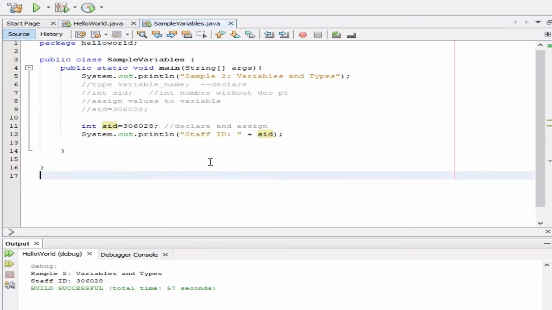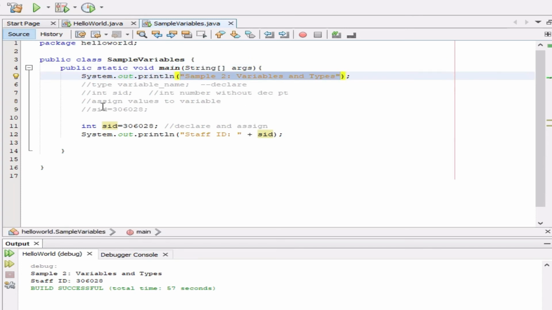So upon running or executing our program, we have the output that shows whatever we have included in our println method. Of course, the first string output which we have here in our println method should display sample2 variables and type. Where is that? We have that here. And then moving on, we have declared here a variable which we have assigned the value,